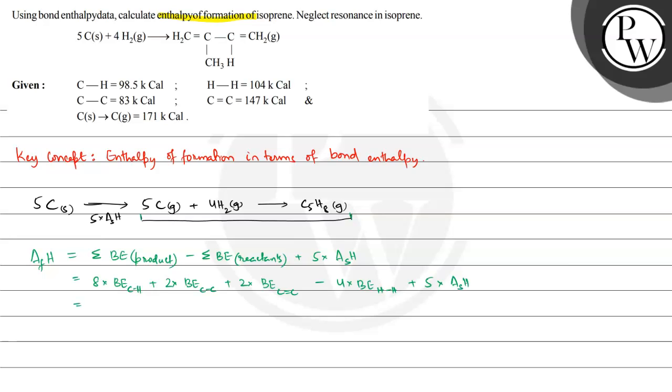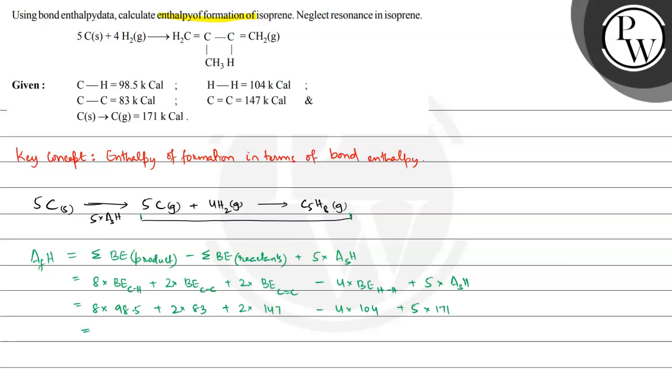Now we can put the values. So this is 8 multiplied by CH bond energy, that is 8 multiplied by 98.5, plus 2 into carbon single bond carbon, that is 83, plus 2 into carbon double bond carbon, that is 147, minus 4 multiplied by bond enthalpy of hydrogen, that is 104, plus 5 multiplied by 171,